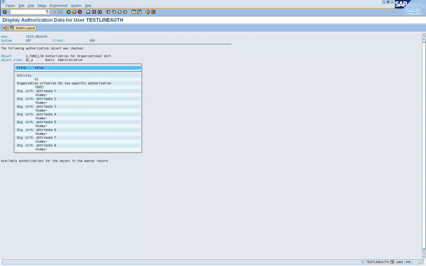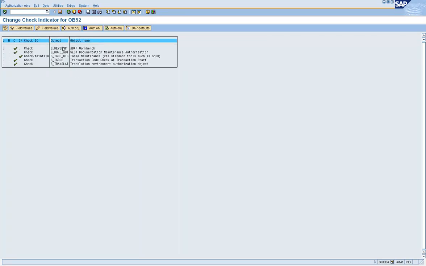So because it's not there in the list of objects and OB52 needs S_TABU_LIN, you have to manually insert that object into the list and do a check maintain, because whenever OB52 is put in a role, this object is being checked.